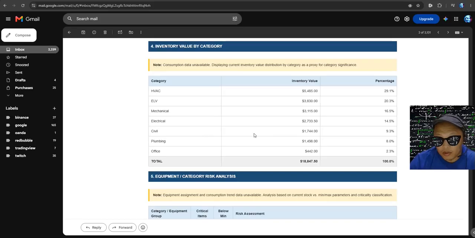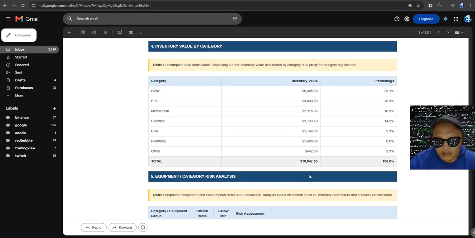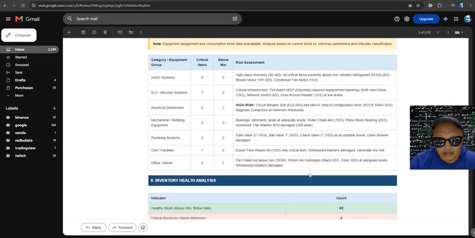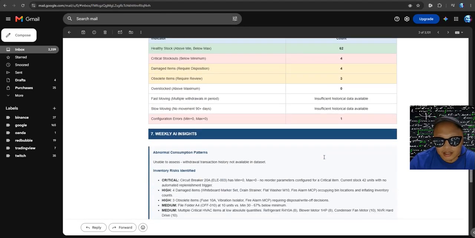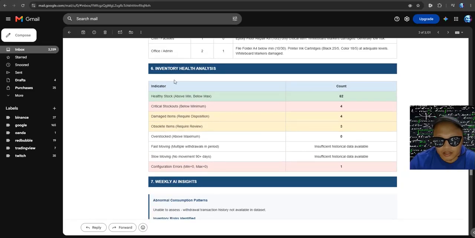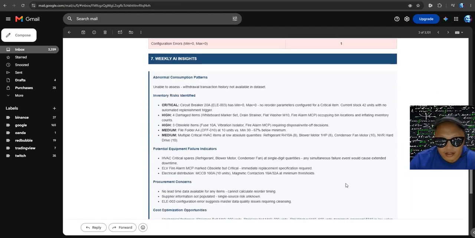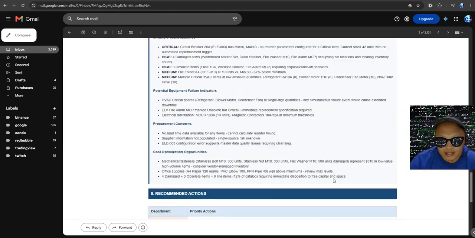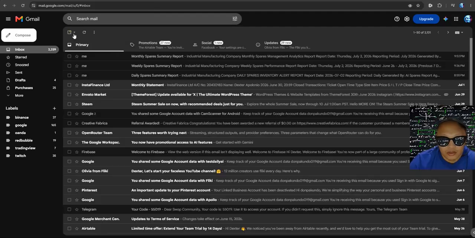So if you have budget, you can compare this for your annual budget, capex. So this is the summary health status of spares. Weekly insights here, recommended actions. Then we'll go to the monthly report.